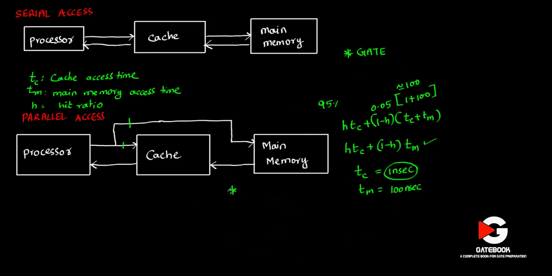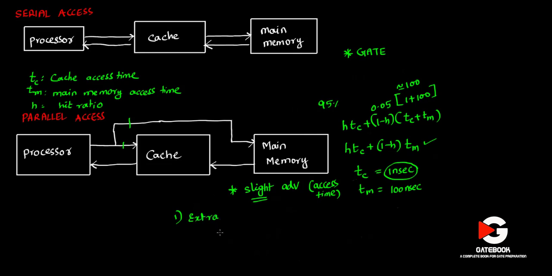Okay, let me note down first. There is a slight advantage in access time, at the cost of what? At the cost of many things. The first point is, because of this parallel path, it adds a little bit of complexity to the design, correct? That means extra circuitry is required.